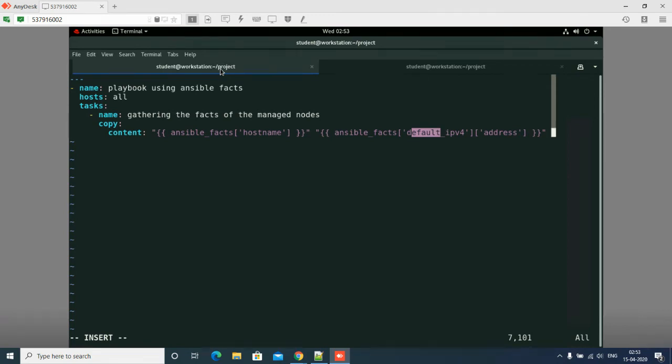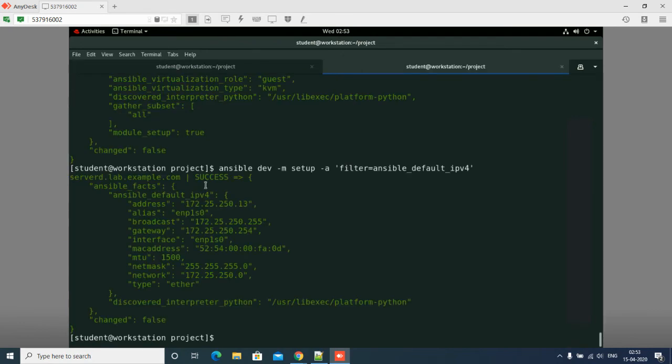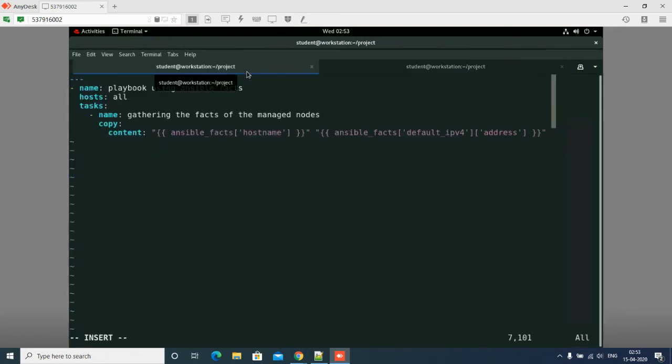Now I have so many things I can call here. If you want, I have my MAC address also. Check here, my MAC address is also there. Sorry guys.